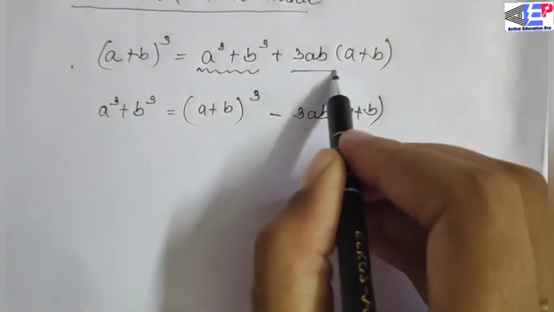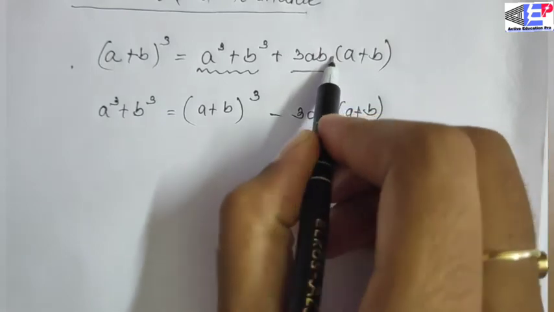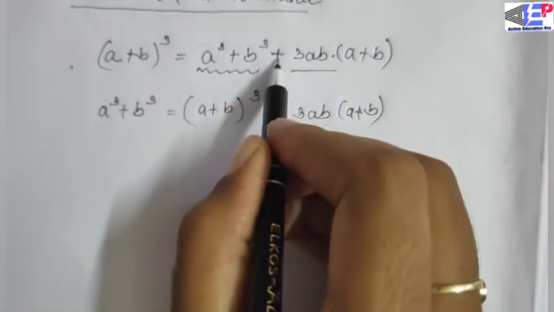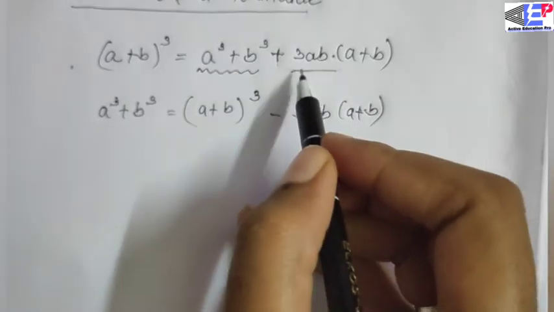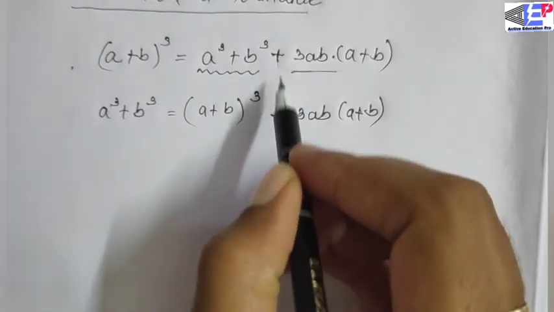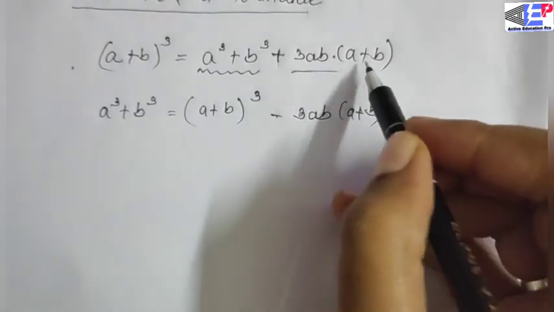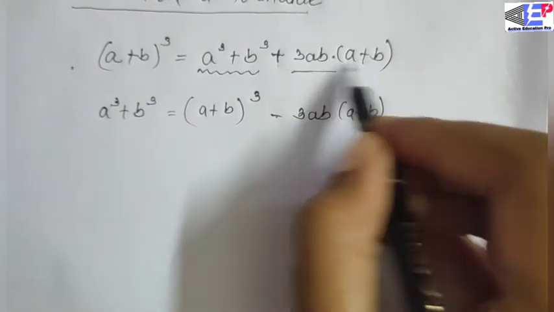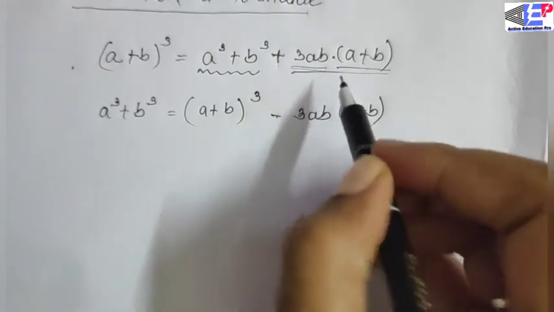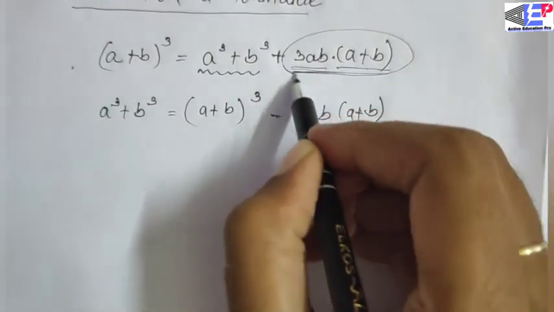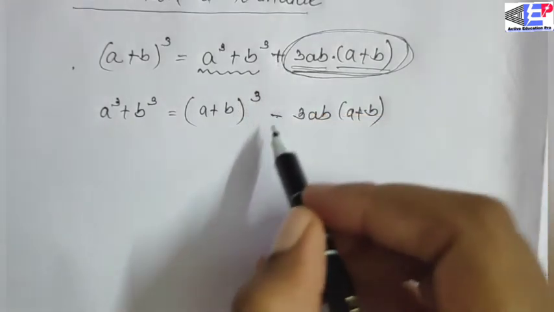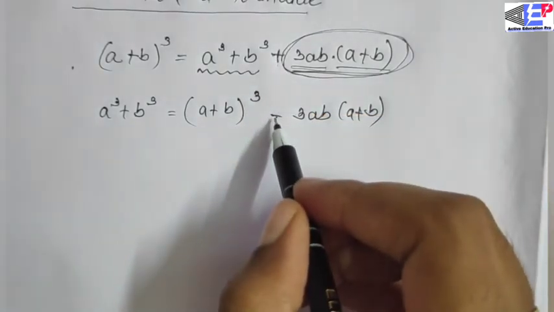It is completely one term because there is a product, so we need not change the sign of (a plus b), just change the sign of the term. This term is plus 3ab into (a plus b). When we take it to the other side we change its sign, positive to negative, but there is no change in sign of the factor, because it is a factor of this term. Completely this is one term, so change the sign of terms, not factors.